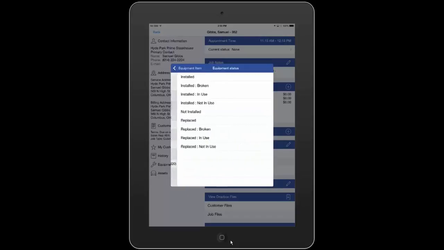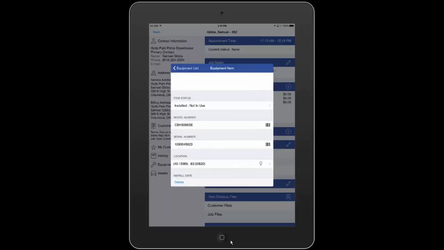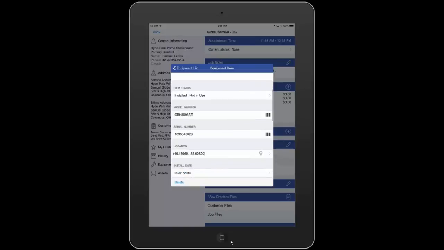If I wanted to tap and change the status, we might want to change this from replaced to installed but not in use. Any one of these fields I can update or change as needed. Now, for existing equipment records, that's probably not something you'll be doing all that often. What you probably will be doing